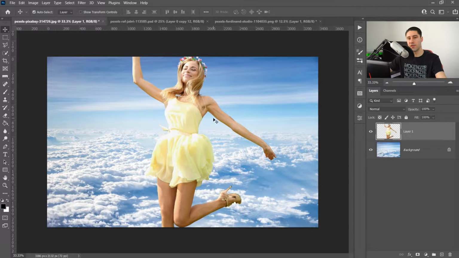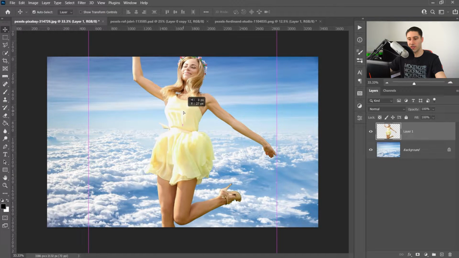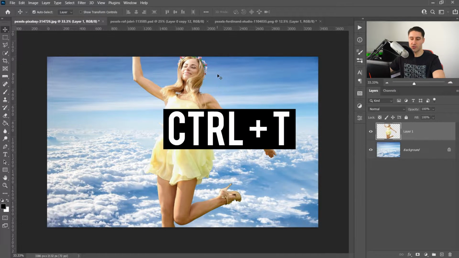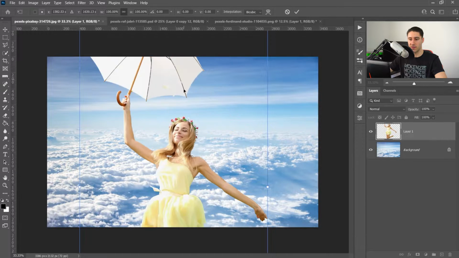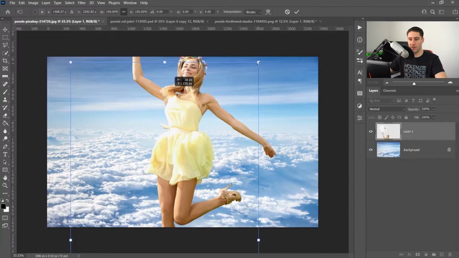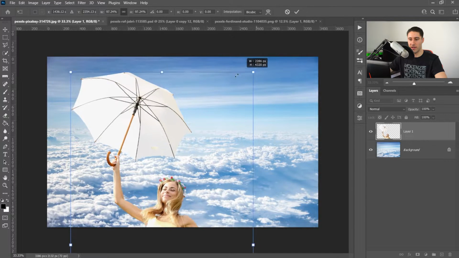The difference between these two is if you just drag it in, it will auto scale it so you can actually see it on the screen. If you open it up in a new tab, it will stay at its original size. So as you can see, this is now larger than the one before. You press Control or Command and T, and this will bring up the control options. So as you can see, we now have the control right here,